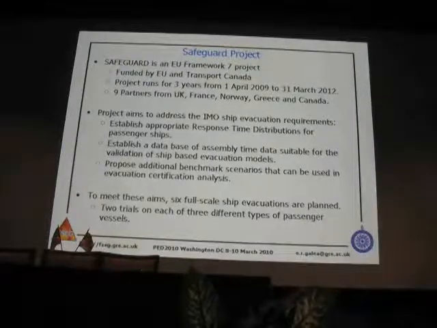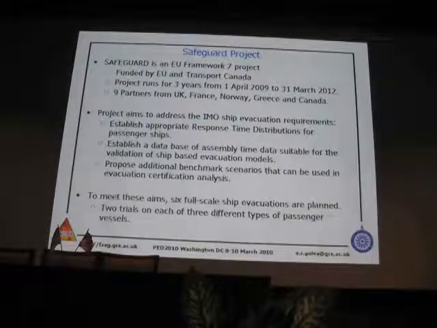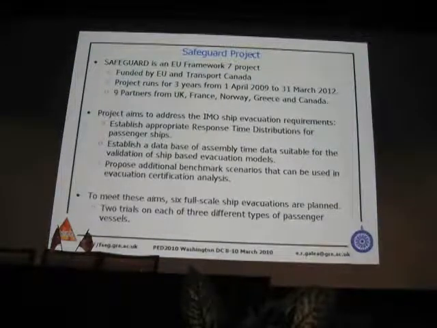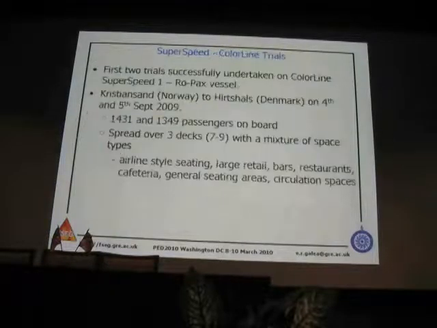We're looking at 3 different types of vessels: large ferries, large ferries with cabins, and cruise ships. And the cruise ships that we're looking at will have something like 3,600 passengers. So hopefully at the next PED conference I can talk about the experience we had in evacuating 3,600 passengers at sea. The first 2 trials have been successfully completed on the Color Line